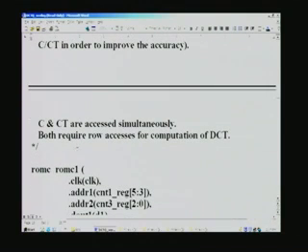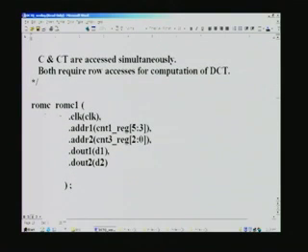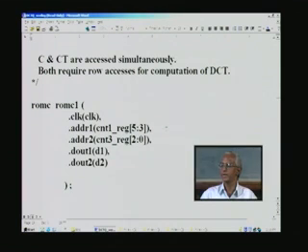And both these require row accesses for computation of DCT, and the next step is to call the ROM C and CT module. You remember that we have 2 addresses, address 1 for C matrix retrieval and address 2 for CT matrix. As I mentioned before, MSB is used here for C matrix, and note that 5 to 3 is the MSB of the counter 1, whereas LSB is for X matrix, which we have seen just now.